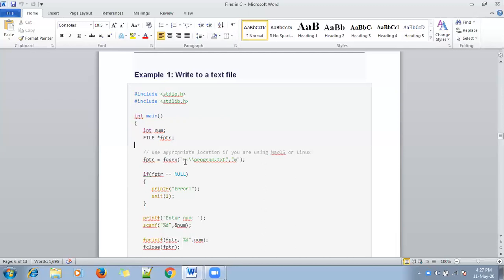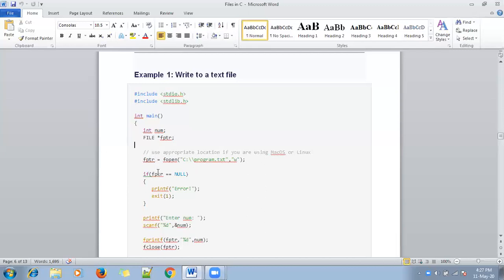Now this fopen function creates a new file, program.txt, if this file does not exist in your system. This pointer is equal to fopen. The meaning is that if you do not have the program.txt file, a new file will be created. Otherwise, if this file already exists, the same file will be opened with no data.